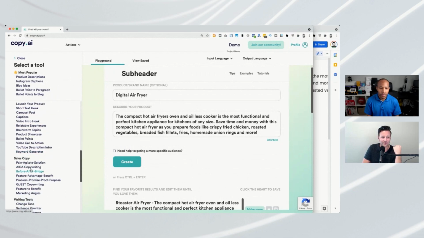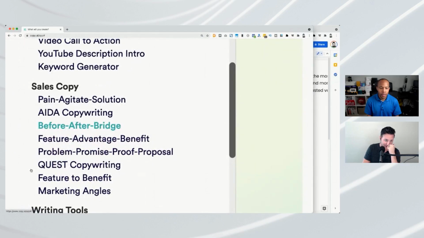So let me look here. This is where it gets really magical to me. I think these tools here, the sales copy tools, this is the best way to start structuring. It's going to teach you how to position your product or service in a way that is perceived as highly valuable to your audience, and it gets their interest.